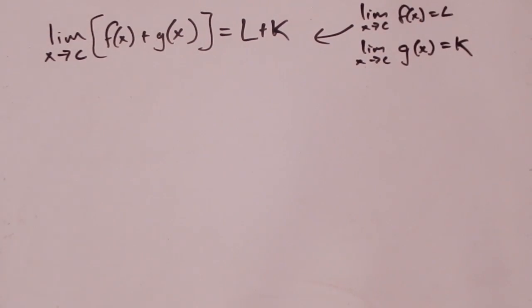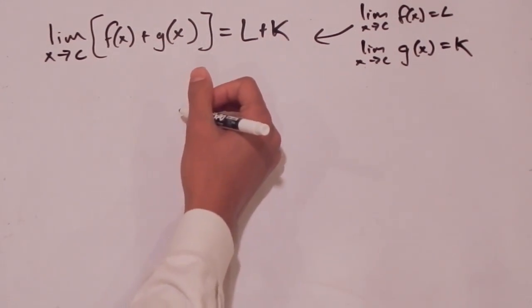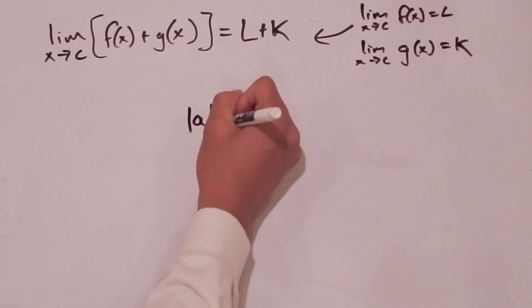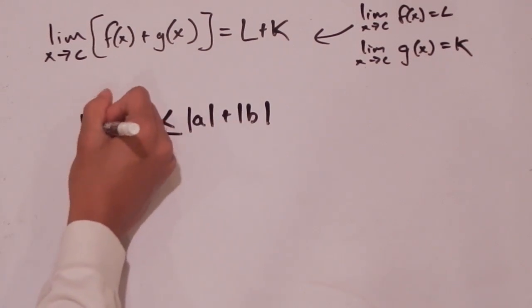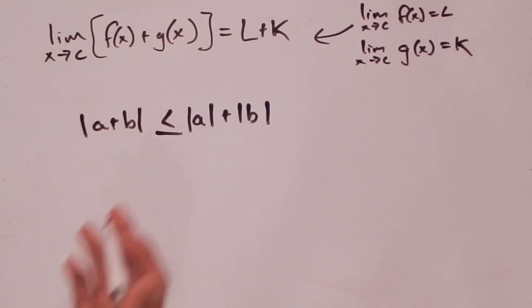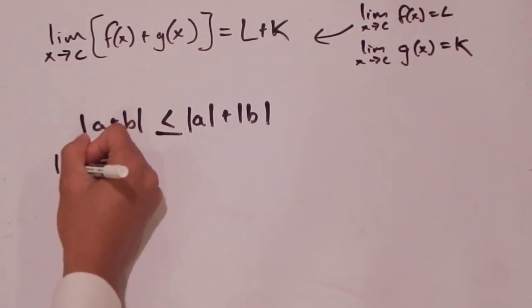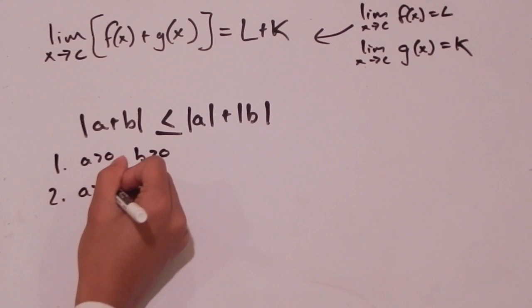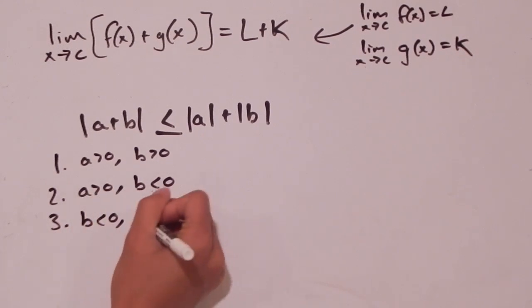So to do this proof, we're going to need to prove a little inequality, and that inequality is that if a and b are any two real numbers, negative or positive, that the absolute value of a plus the absolute value of b is greater than or equal to the absolute value of a plus b. So this, I believe, is known as the triangle inequality, and to prove it, we're just going to look at the 4 instances where it can occur, and that's going to be when a is greater than 0 and b is greater than 0, when a is greater than 0 but b is less than 0,